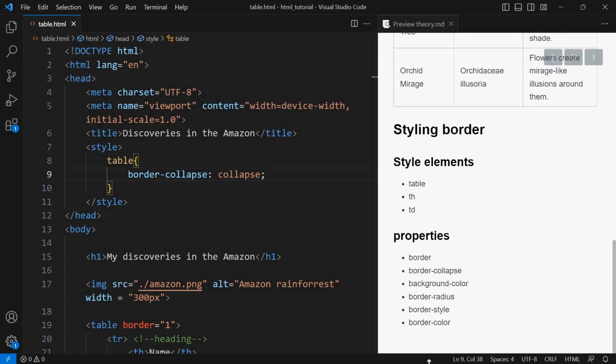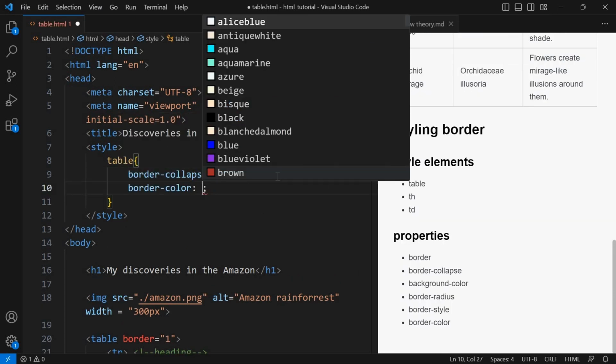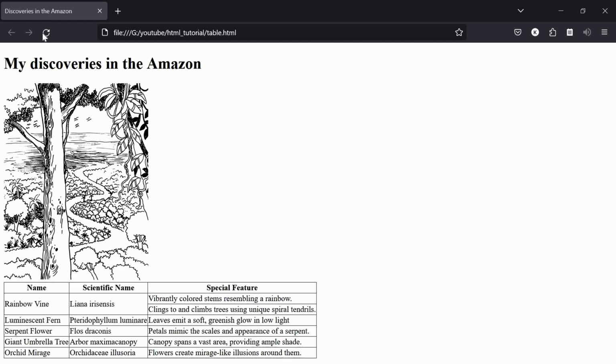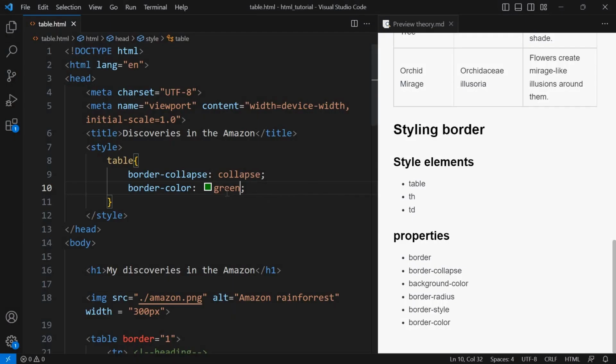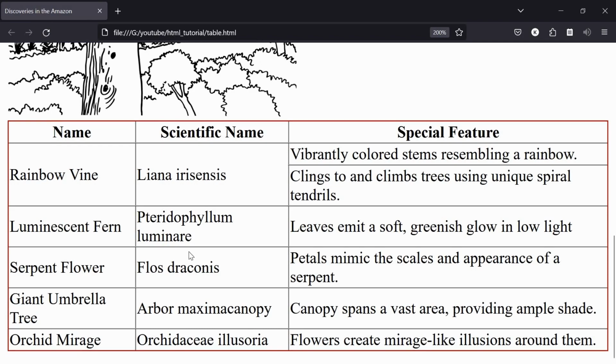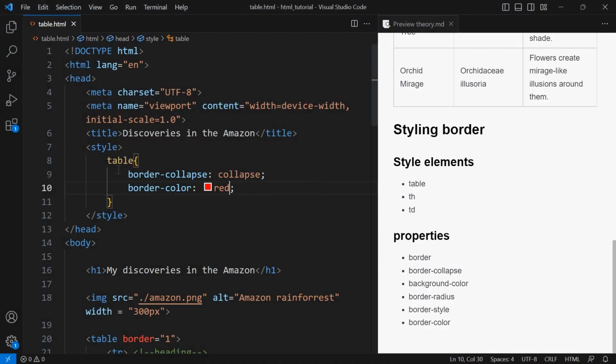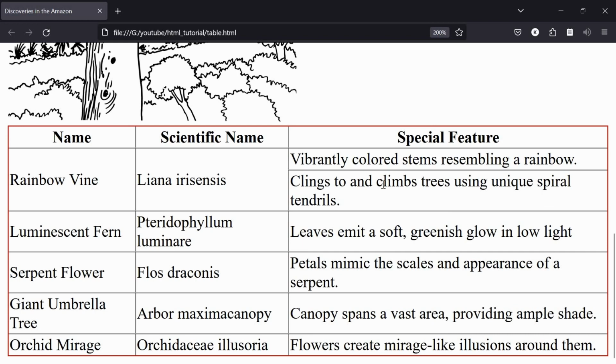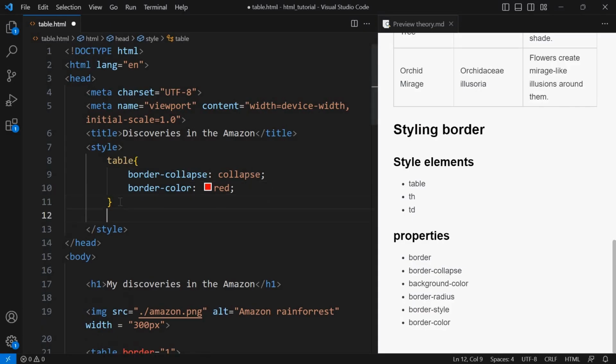Let's say we want to change the color of the border. For that, we will use border color. Let us make it green, save, reload. Let us make it red in order to see it properly. Reload. You see, because I changed the table border, only the table's outside border has been changed, but we want all borders to change. For that, we can use like this,